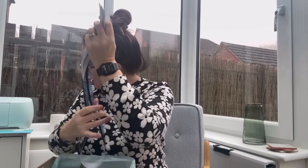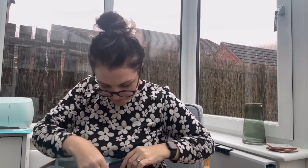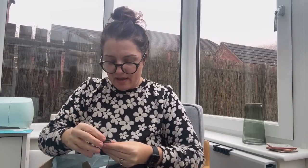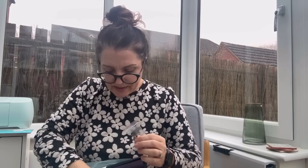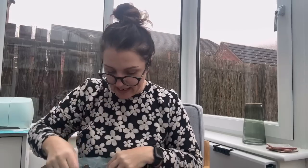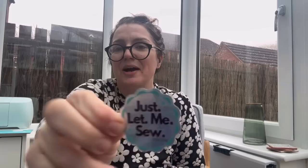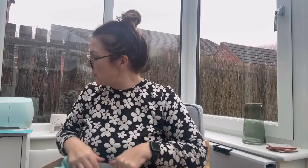And then what else have I got? The clasps. So these are called lobster clasps for the bag. And then, oh, 2 zippers. Black zippers. So it all matches perfectly. And then finally, you get 2 little stickers. One says Studio 77 and the other one, which I love, says just let me sew. I mean, could I just stick that to my face? Like this. And that's everything that's in the box. But I just thought for £29,